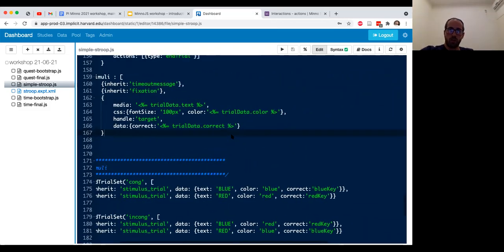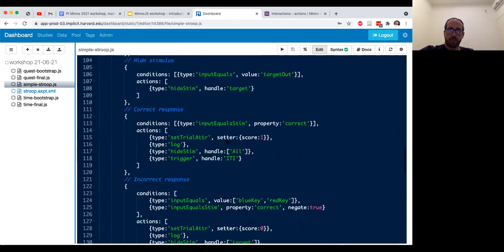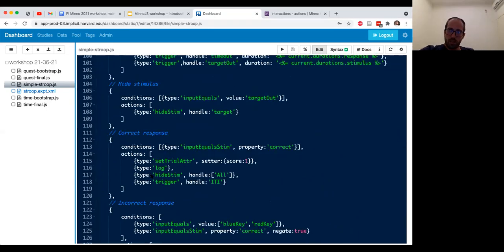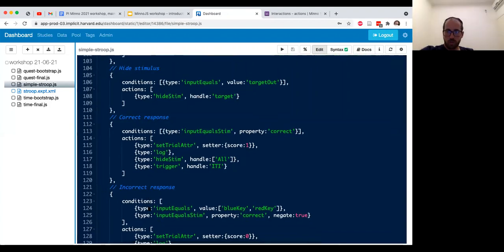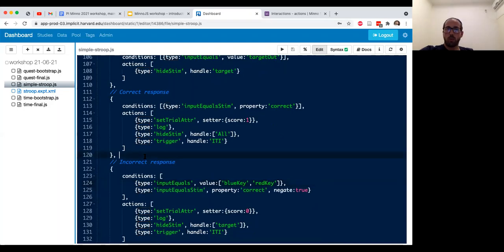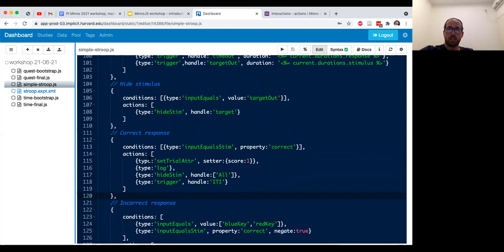So if they're equal, do these things. And if they're not equal, which we'll see in a second, do these other things. So what we want to do is set the score to 1. And this action, what it does is